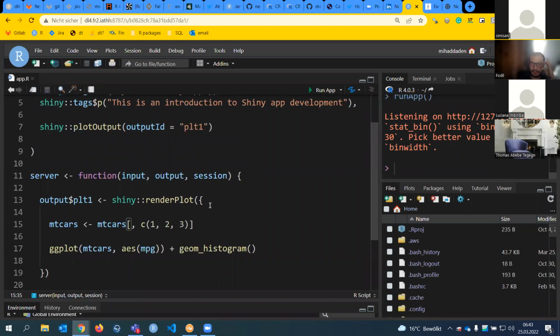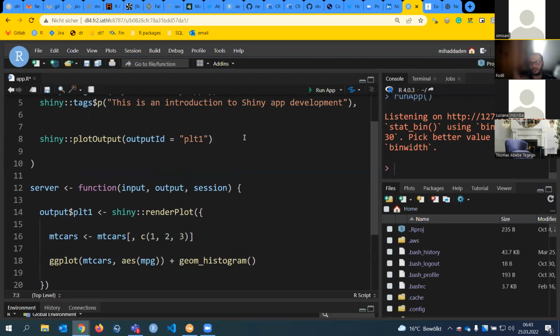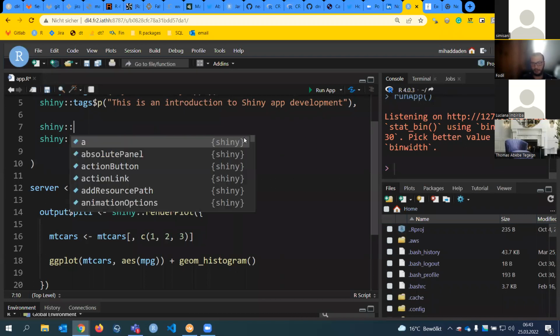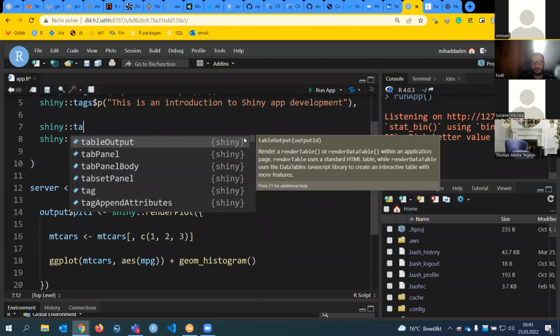So let's add another plot, or let's add a table because we have written a plot. So now let's write a table, and let's put the table just above the plot. In Shiny, if you want to reorder your components, your UI, you just put the function that calls this component before the others. If I want my table to be above my plot, I would just write the function here above my plot function. So I would just do tableOutput.